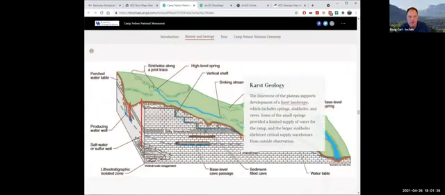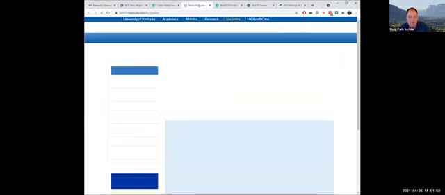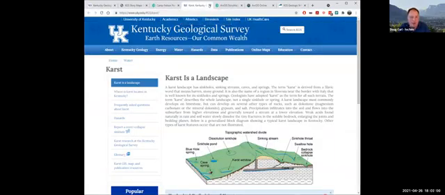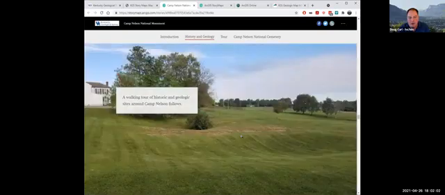And then we go into a little bit more of the geology, about karst geology, and you can link off to information. That's kind of nice about StoryMaps. If you need to define things, obviously you can define it with the language in the map, but you could also link off to other information. So this links off to our website about karst, if you want to learn more about karst.